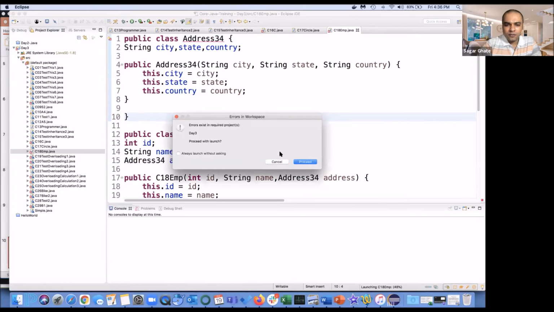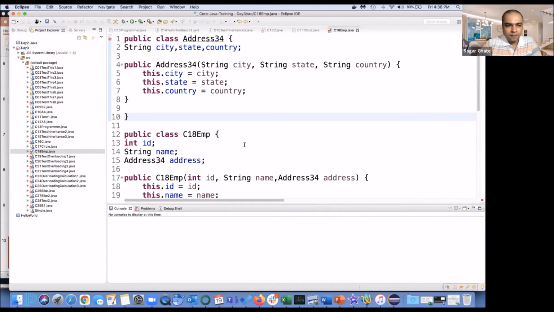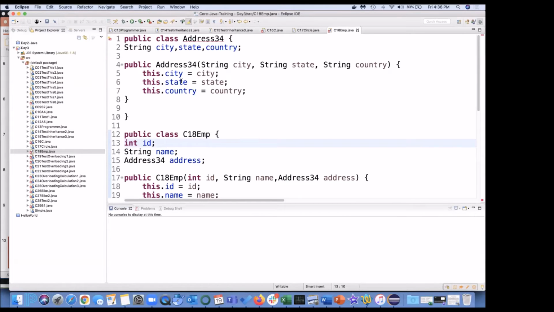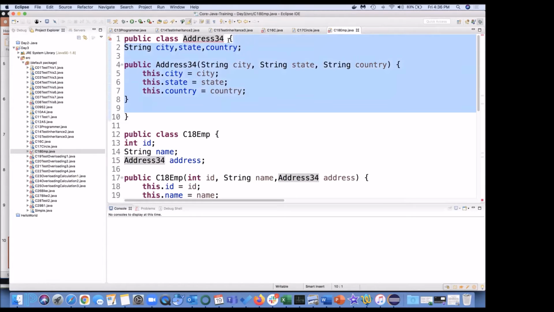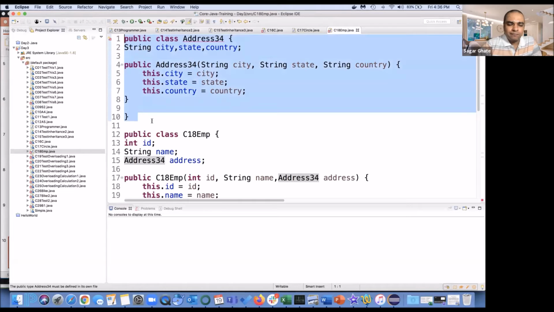What error is it going to show me? So let me do one thing.